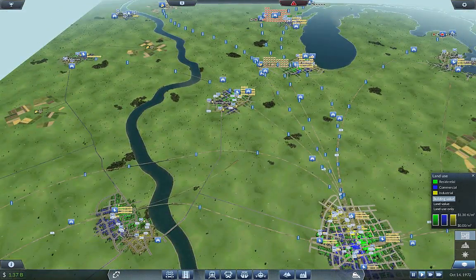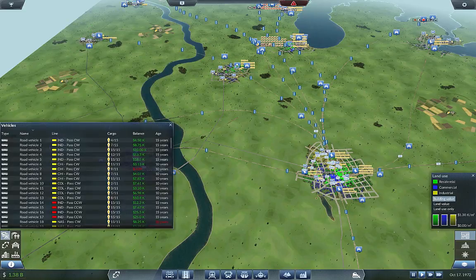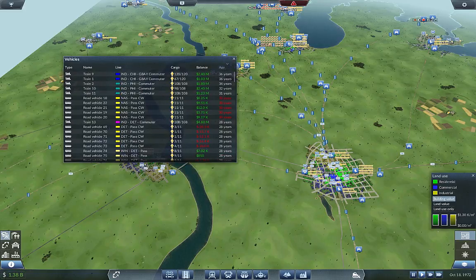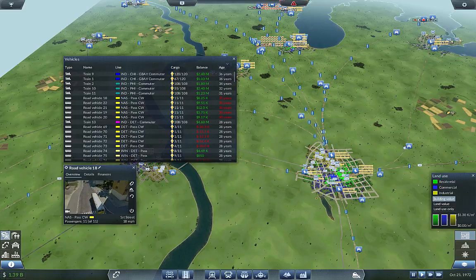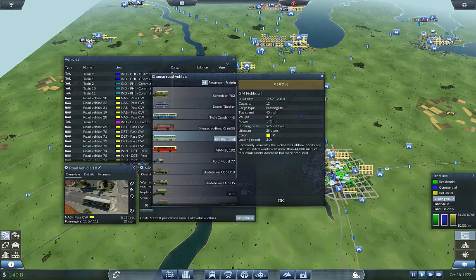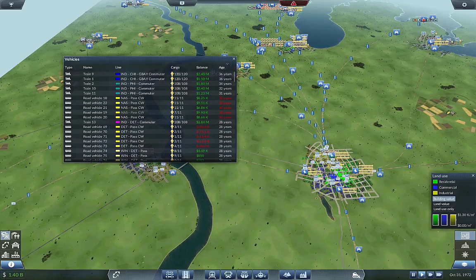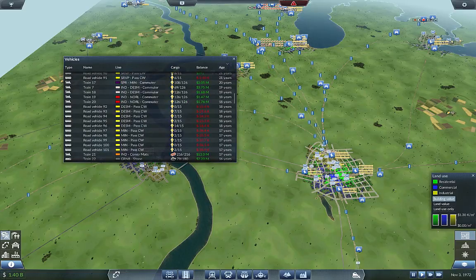So let's look at trains. Not that. This. Vehicles, age. So here are all the trains. Oh, road vehicle. You are a fishbowl. Oh no, you're a twin coach. And you're already out. So I need to set you to a fishbowl. Yes. Well, I must have just replaced those right in time. So where are my old...